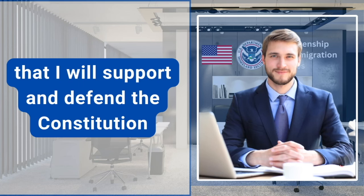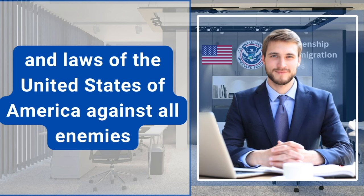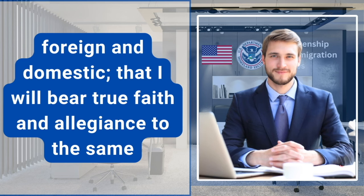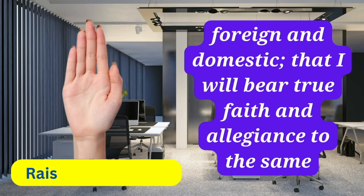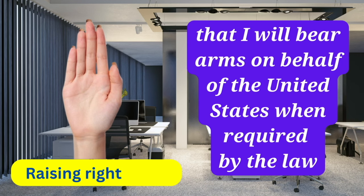that I will support and defend the Constitution and laws of the United States of America against all enemies, foreign and domestic, that I will bear true faith and allegiance to the same, that I will bear arms on behalf of the United States when required by the law,